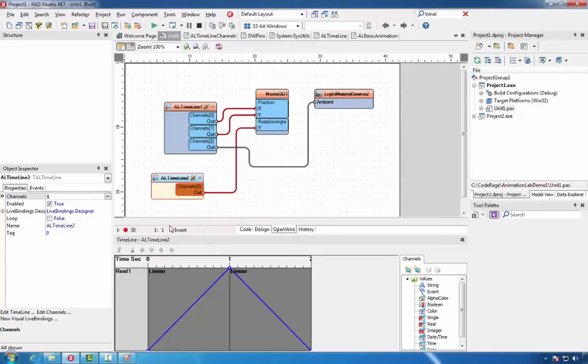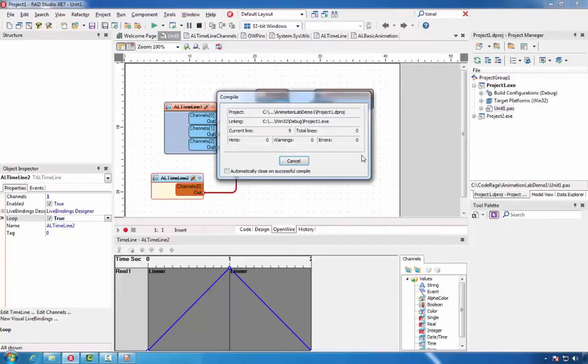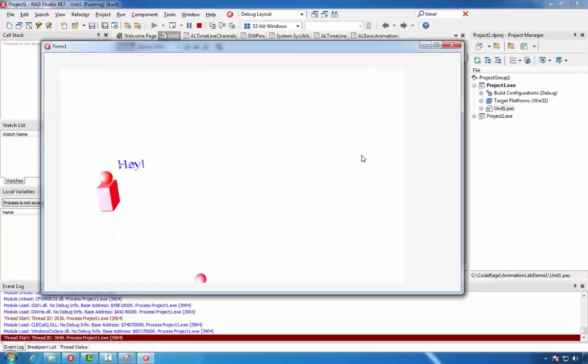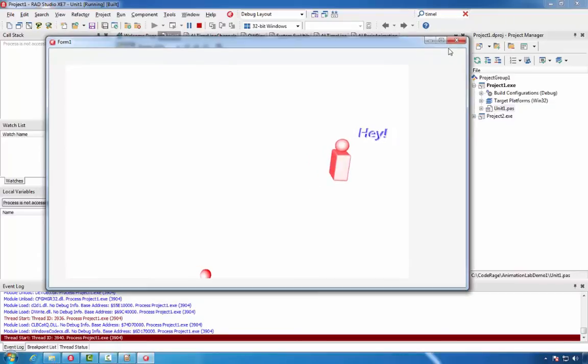We'll set the timeline to loop and we'll run the application. You can see that now as the model moves, it rotates left and right.